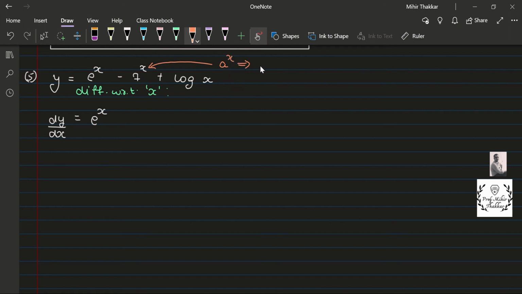Answer for a raised to x is a raised to x into log a. The value of a is 7 in this particular sum, so I will get 7 raised to x into log 7, plus log x. You all know derivative is 1 upon x, so I get just 1 upon x,